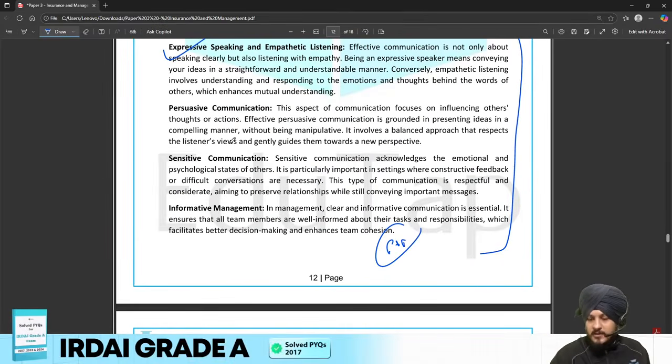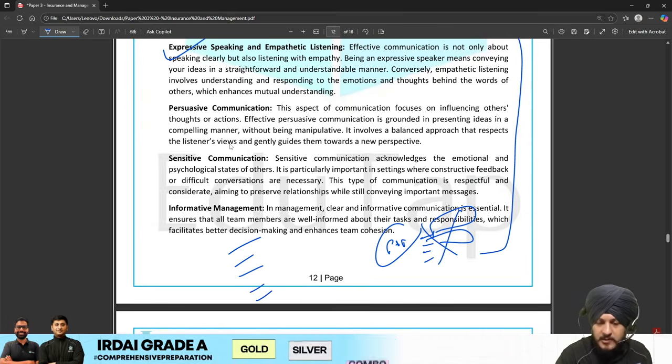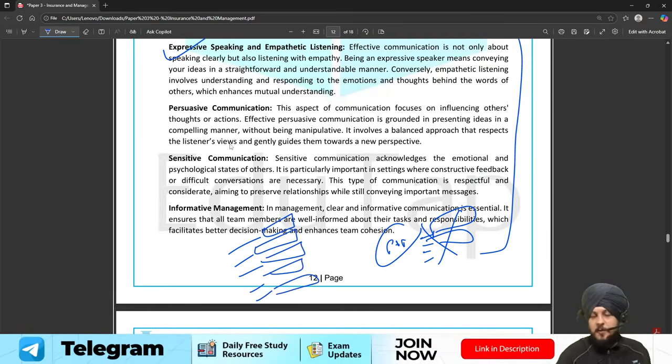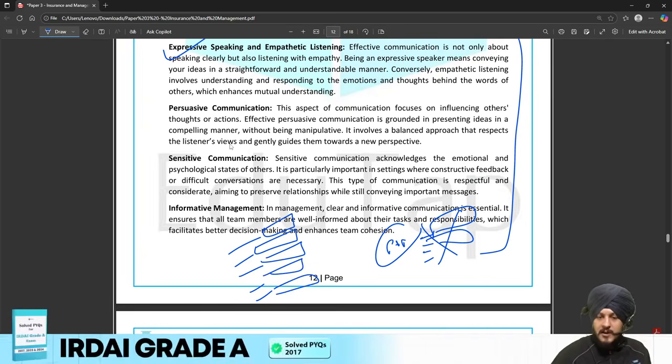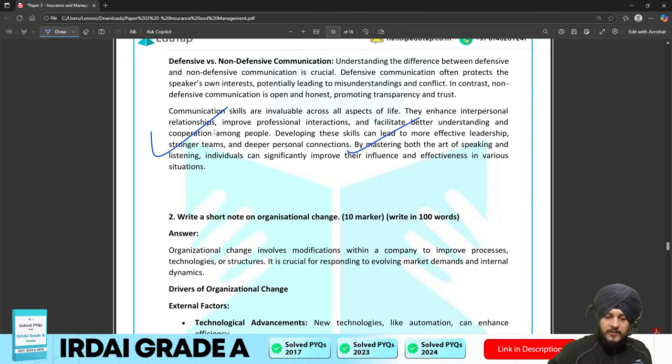I hope you are able to understand that writing fewer points and then over-elaborating them is not going to work. What actually works is writing more points, each with a very precise explanation. But you don't have to over-explain things. That is the information that I want you to know, right? So that is going to work, and this is how you could have written the answer.